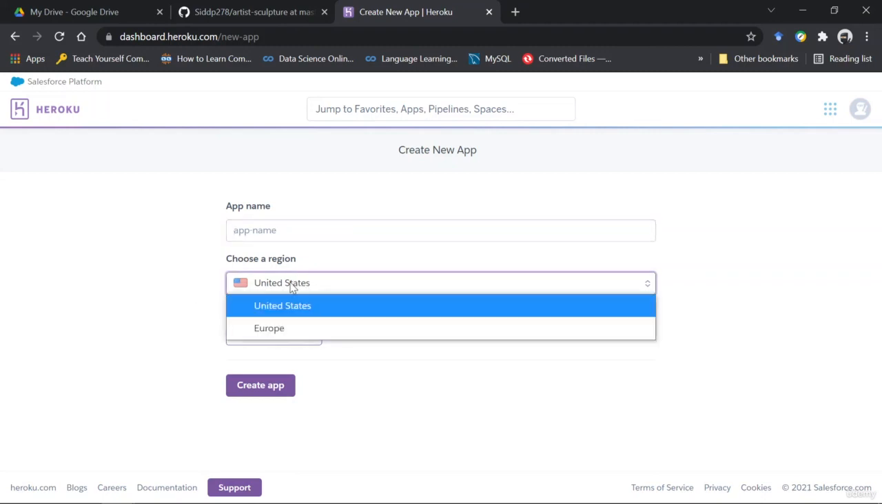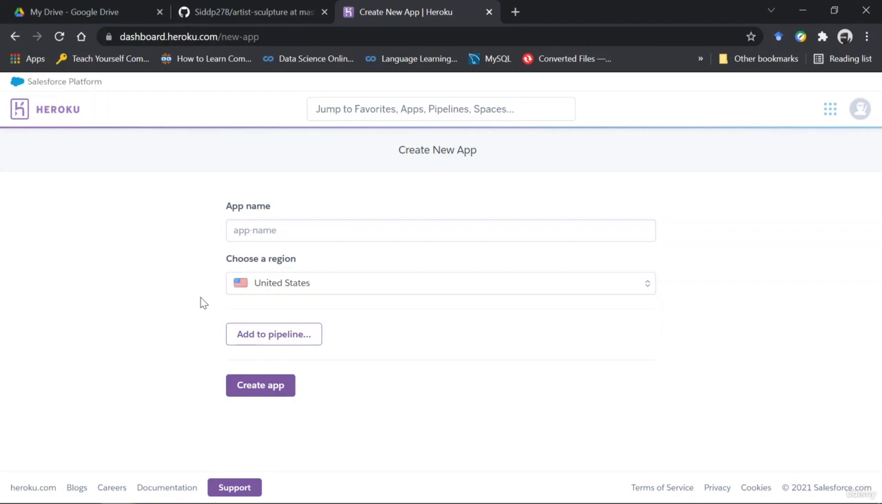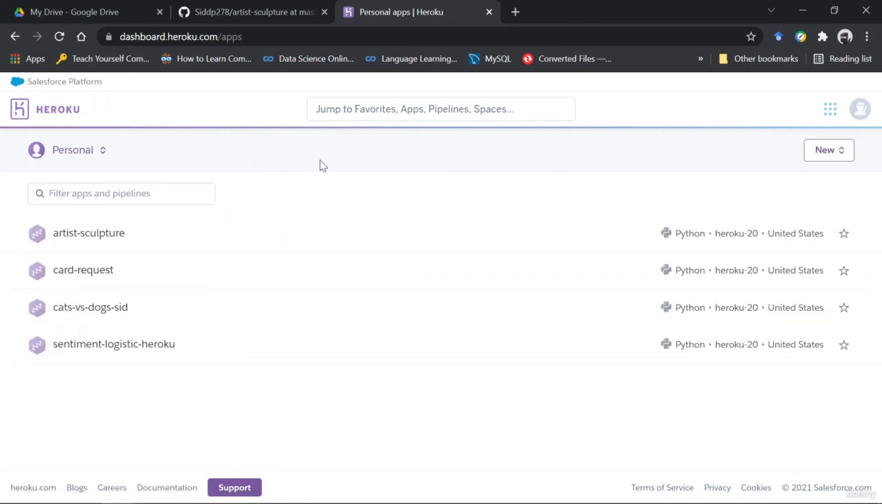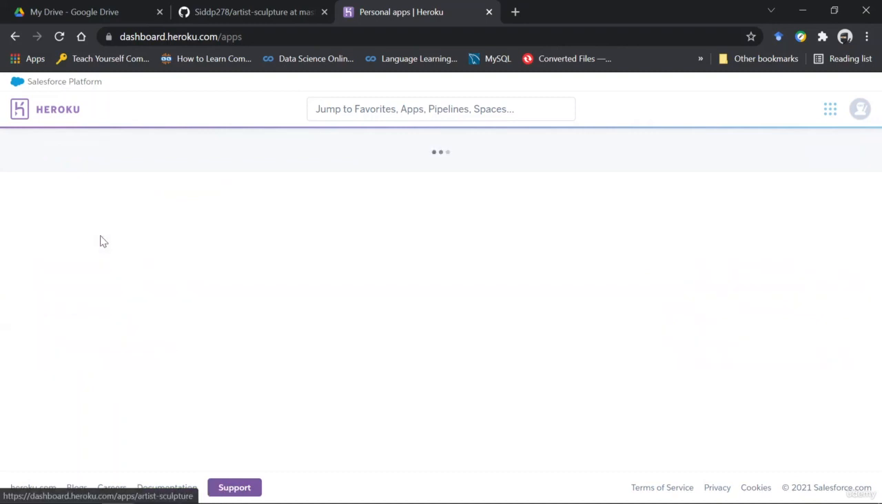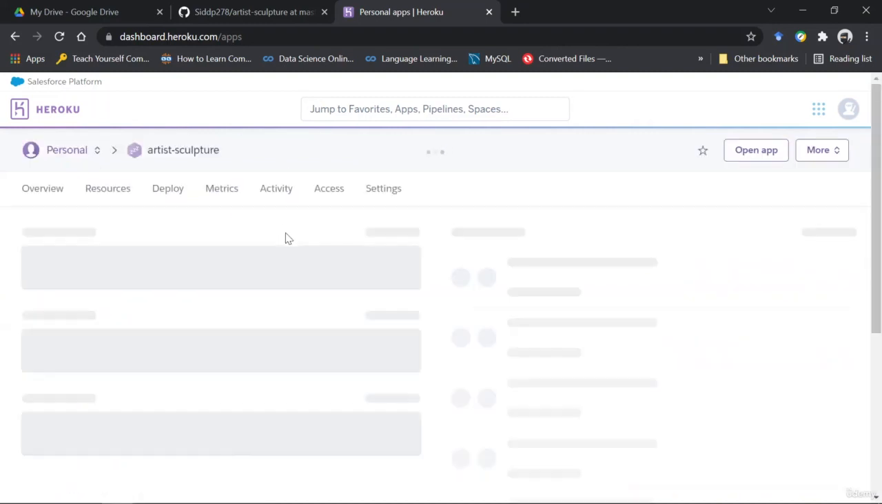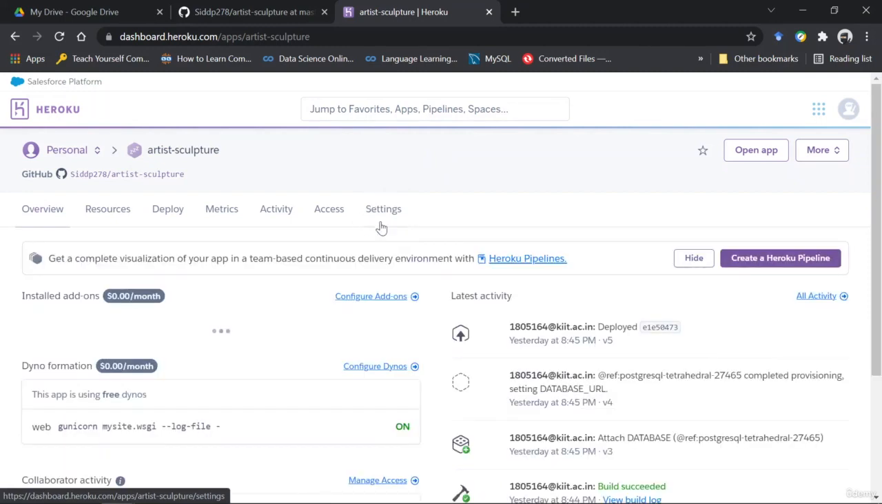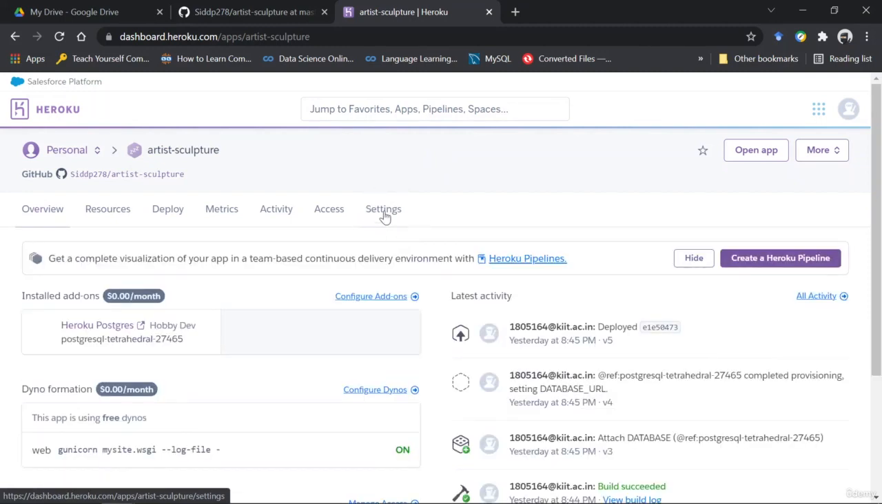There are only two regions to select from, right? Next, you can just click on Create app. I've already done this, so you can see that once you have created your app, it will be listed in the personal dashboard itself. So click on your app, then first go to the settings, which is here. So click on settings,